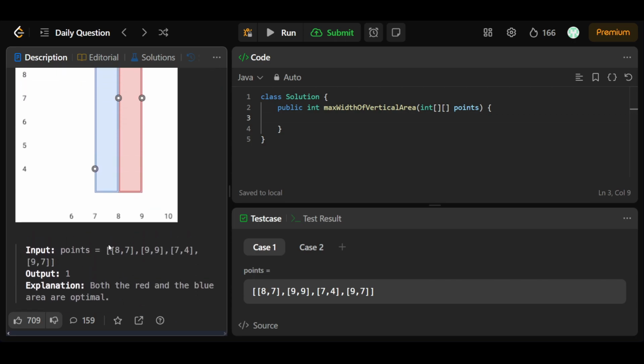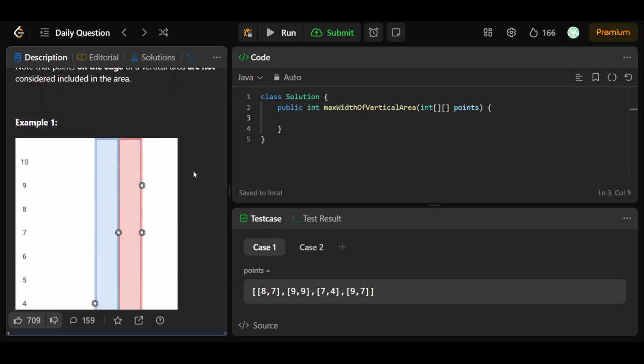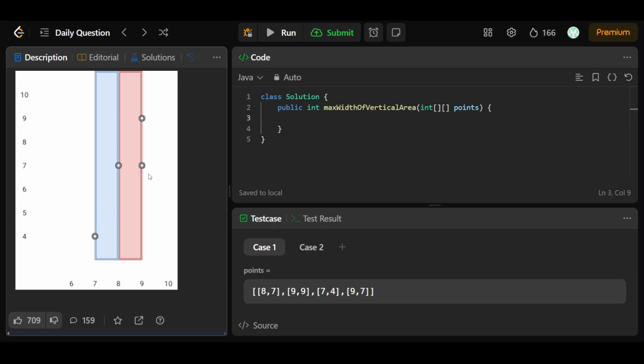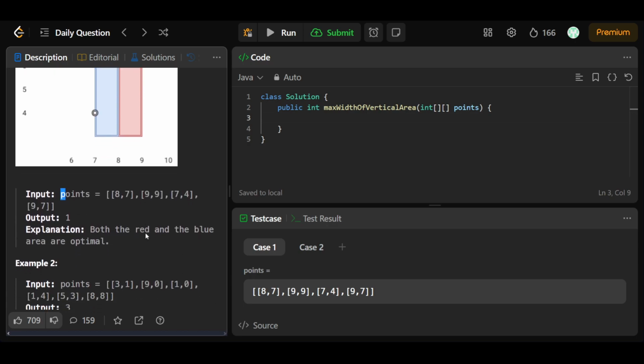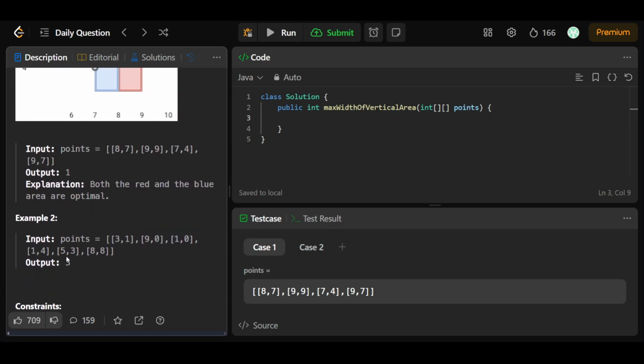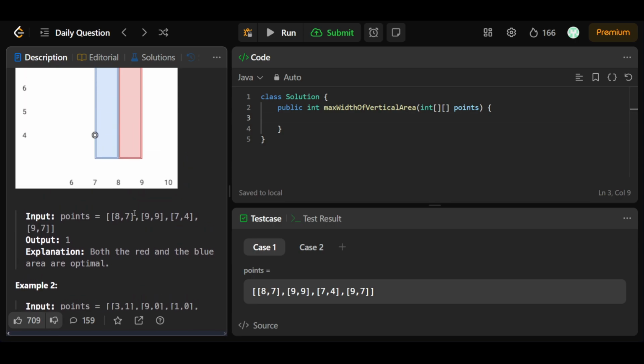Okay, so in the first example we are having points as 8 7, 9 9, 7 4 and 9 7. Okay, these are marked on the graph. So this would be considered as the widest vertical area between any 2 points, that is 8 7 and 9 7. Okay, and we are not having any graph for this second part, so it would be a bit difficult for me to explain, but as we'll proceed through the question, I hope that you will understand why